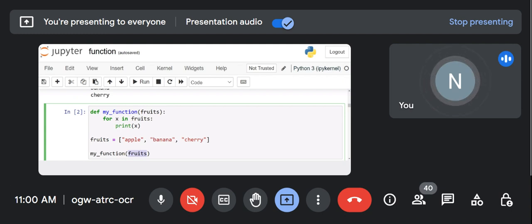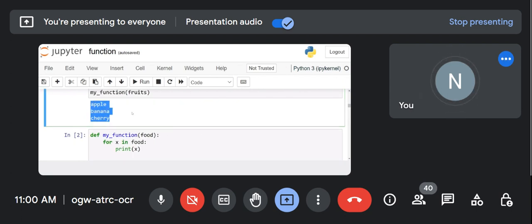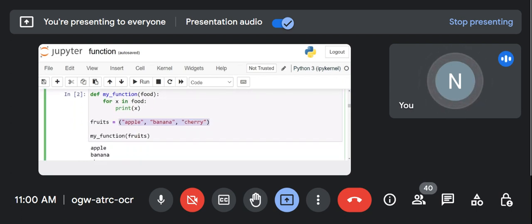Okay, no hard and fast code is required. Just give it and print the value. Apple, banana, cherry, it will be printed one by one. That's it. You can give a tuple also, no worries. Tuple will be given here inside the function,